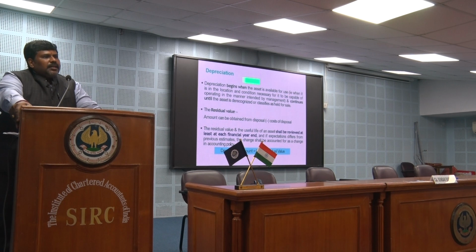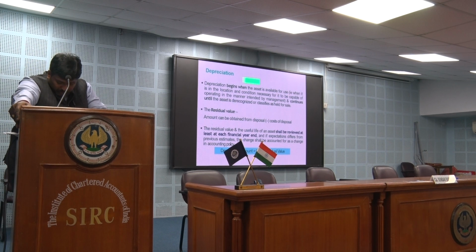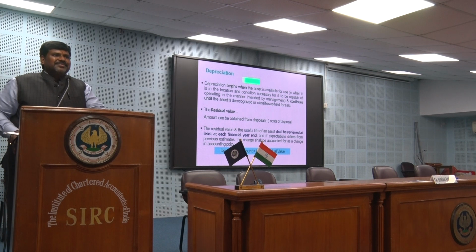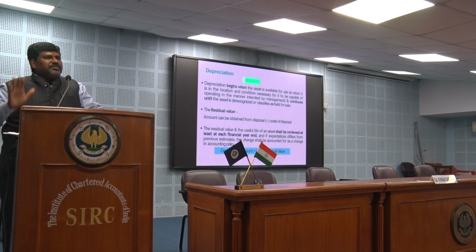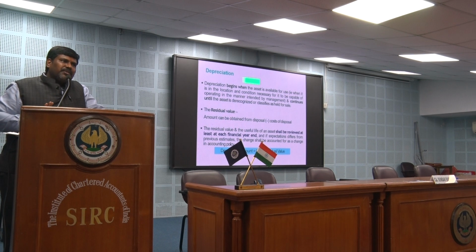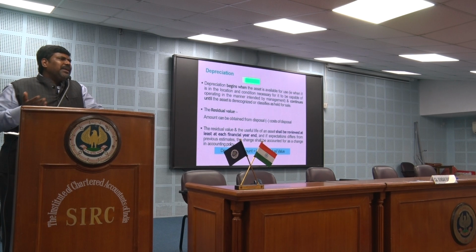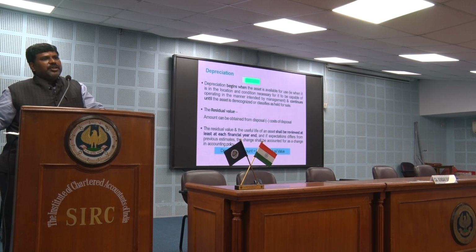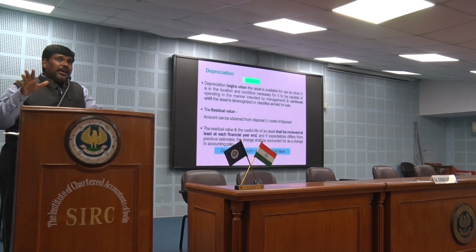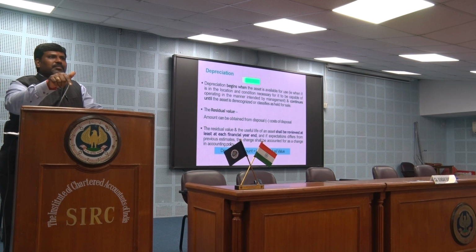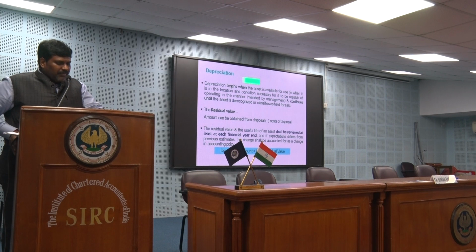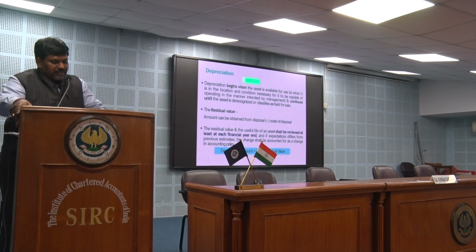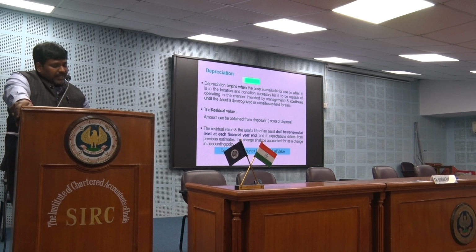In implementing the accounting standards, as far as companies are concerned, you have Schedule 2, which provides for the useful life, etc. But for a non-corporate entity, maybe a valuer's certificate or the judgment of the management can be used, which can be benchmarked with the Schedule 2 requirements of the Companies Act. But it's not mandatory, because Schedule 2 useful life is not applicable for non-corporate entities. The residual value and the useful life of an asset shall be reviewed at least each financial year end, and if expectation differs from the previous estimates, the change shall be accounted for as a change in